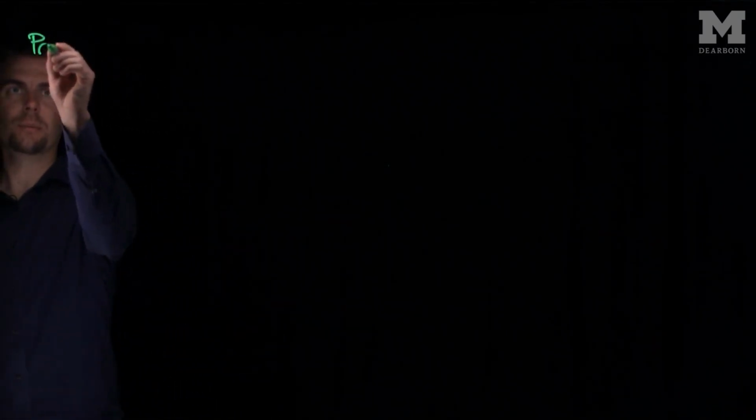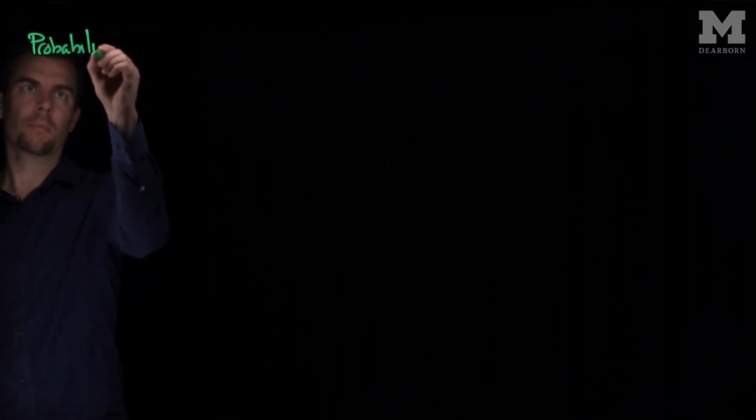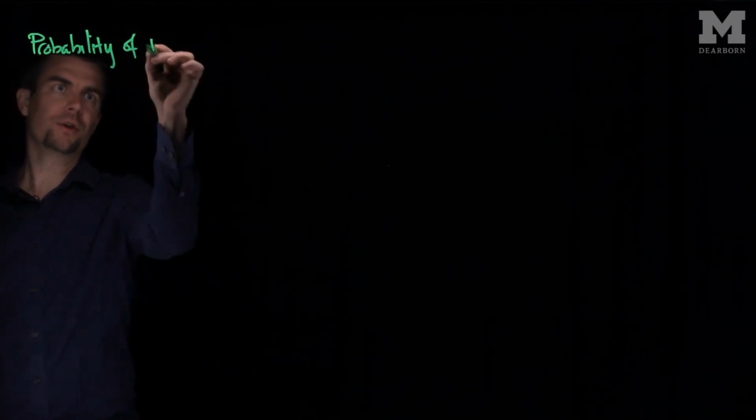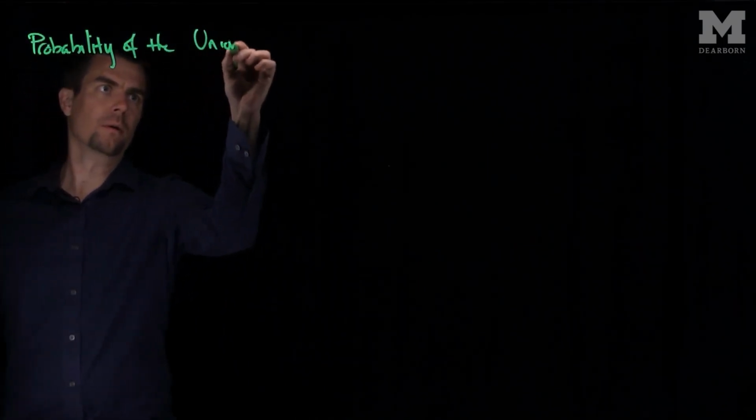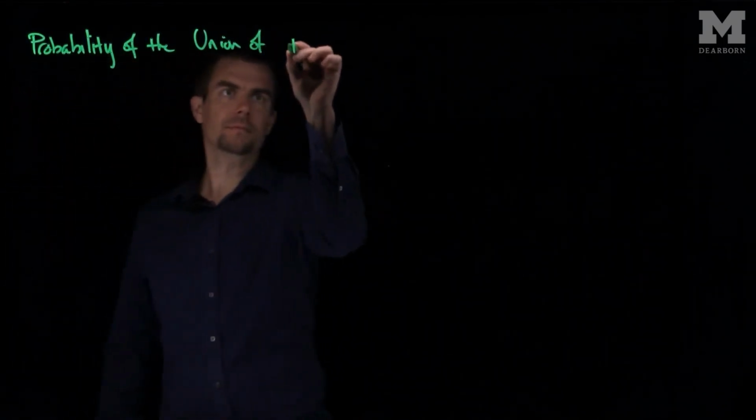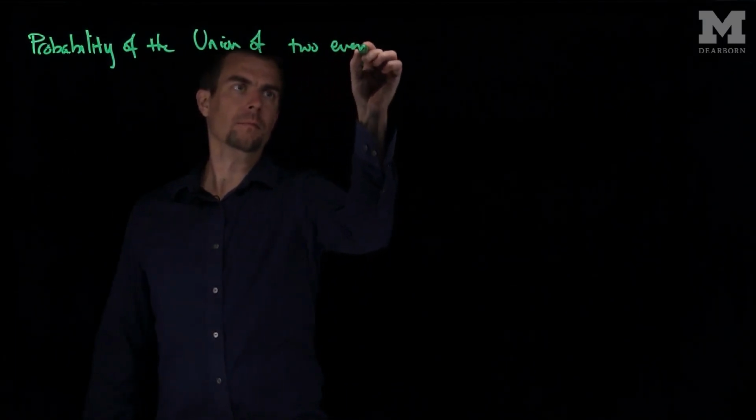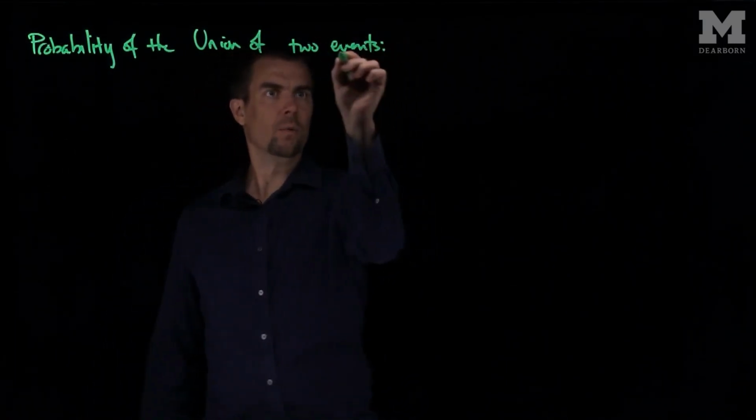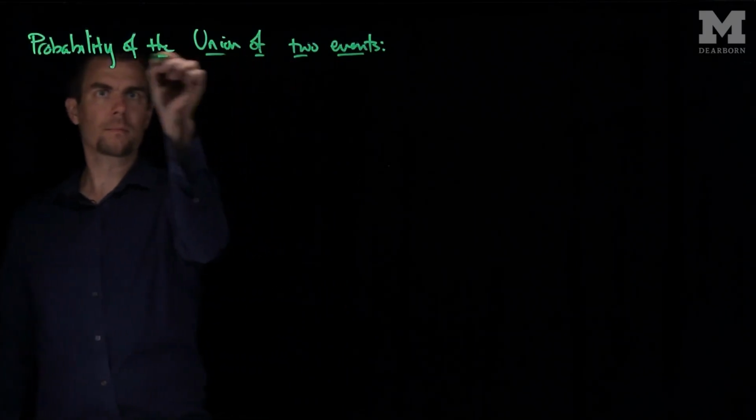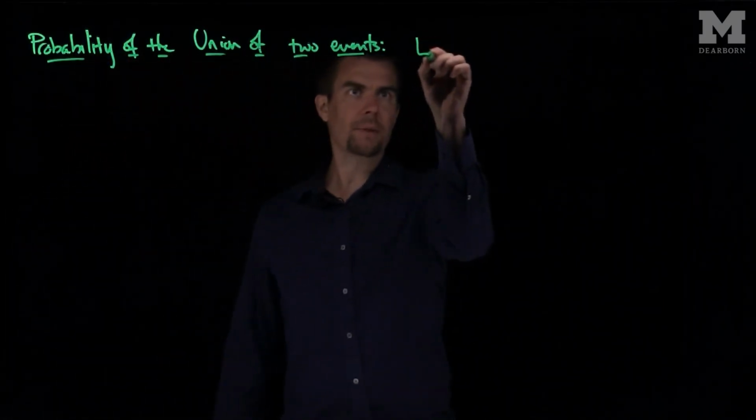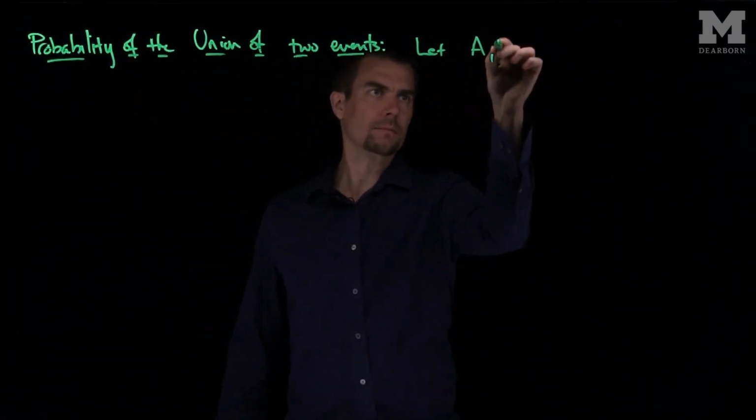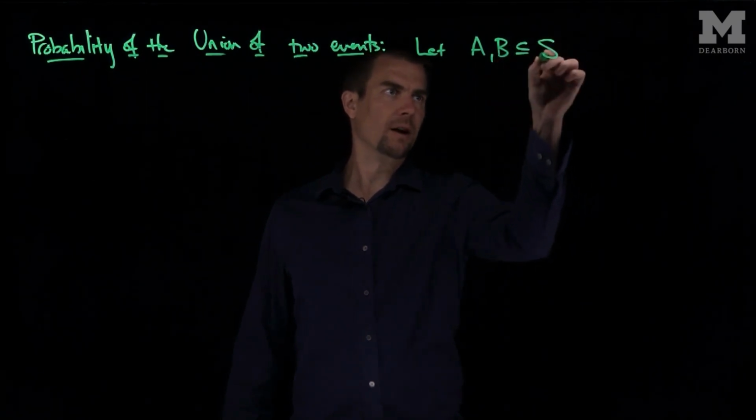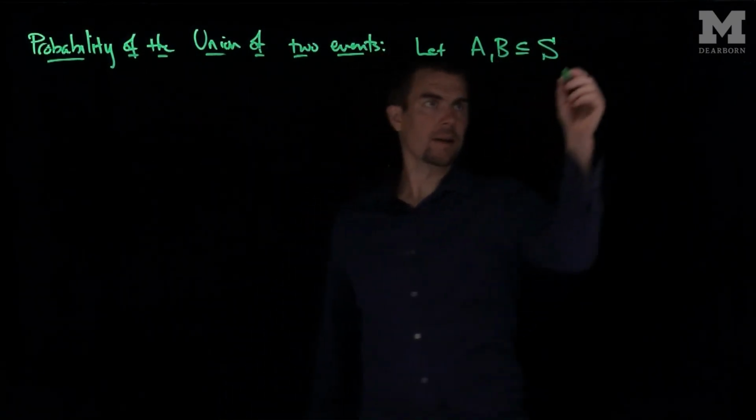Hello students, in this video we'll discuss how you compute the probability of a union of two events. So we'll discuss the probability of the union of two events. So what we'll do is we'll let A and B be subsets of the sample space. And we want